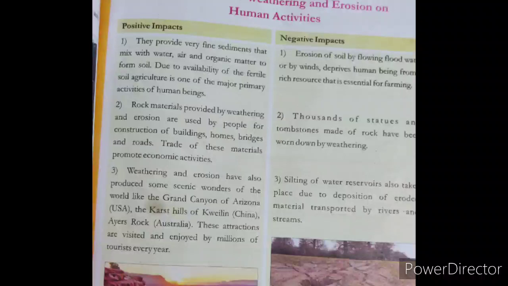Humans cause an increase in acid rain and pollution, which increase the amount of weathering agents in the air and water and then on land. The important negative impact of weathering and erosion is that erosion by flowing water during a flood causes extensive damage to human properties, and it also destroys lives. Floods can cause crops and livestock destruction.